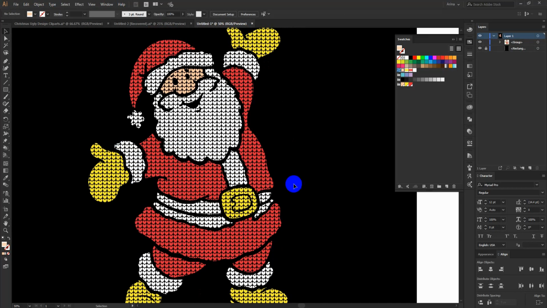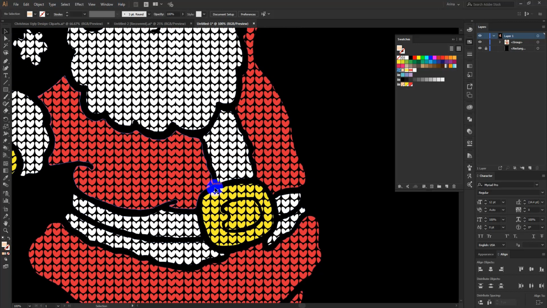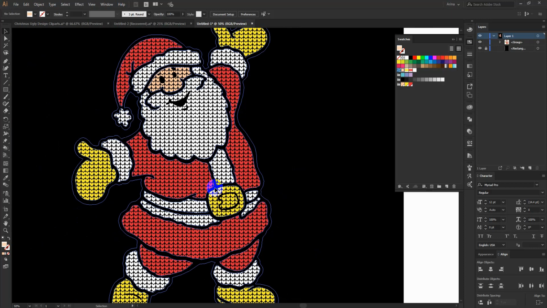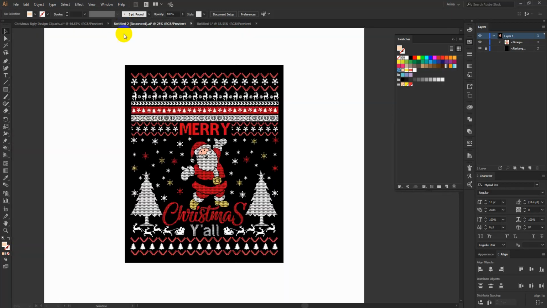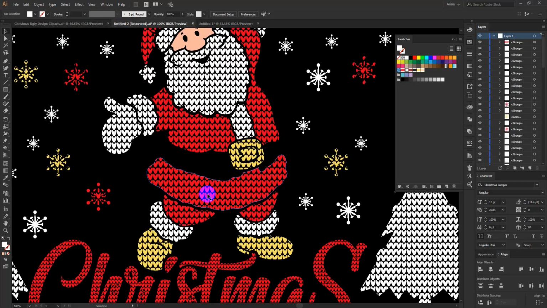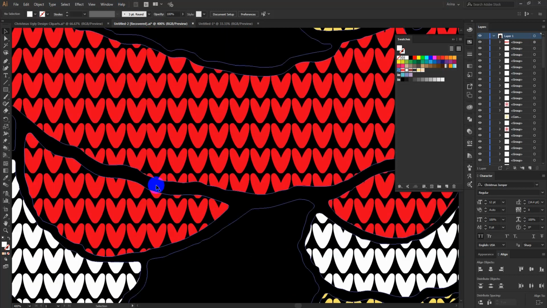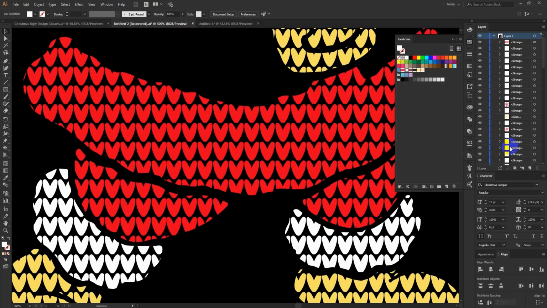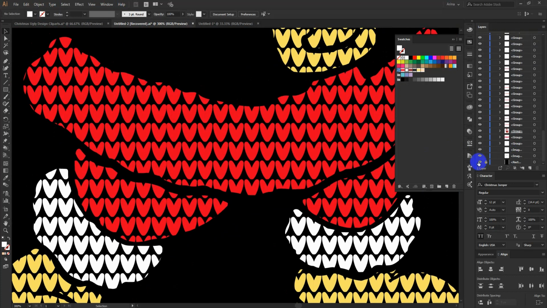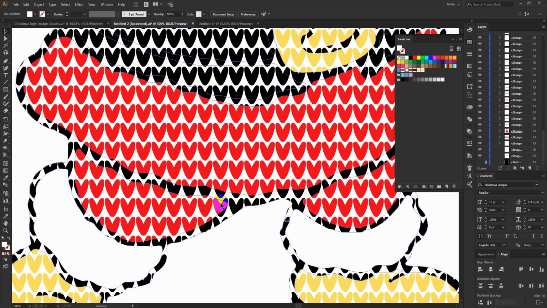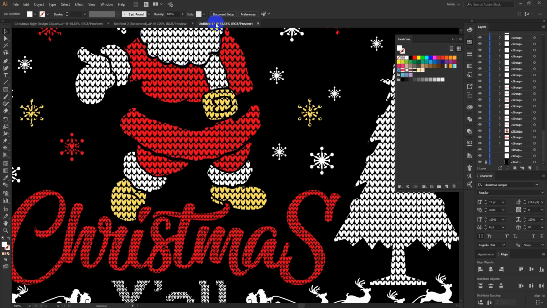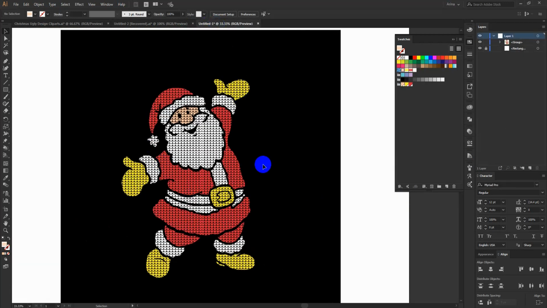Okay, now one more thing we can do, that is this black is not in pattern style. We can make that one also pattern, but I am not going to do that one for now. You can see in this design I made everything in pattern style. This is also in pattern, but if I just turn off this layer, it will be visible. You can see this black is also in pattern mode, but okay, that is not necessary for now. So this is the way of making this kind of patterns.